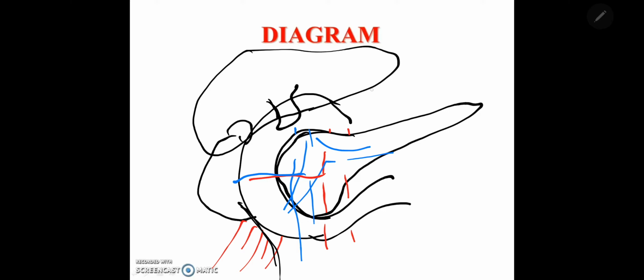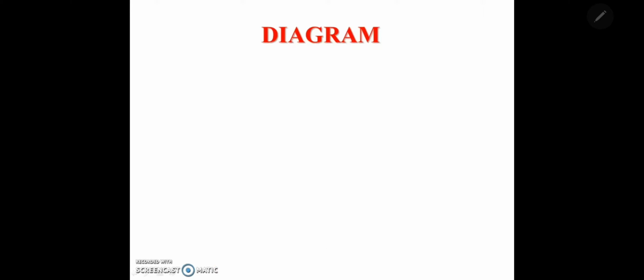and you'll also see the opening of the common bile duct opening into second part of the duodenum along with the pancreatic duct where they open, that is called as major duodenal papilla, and accessory pancreatic duct opens in the minor duodenal papilla. It's around 8 centimeter from the pylorus. Major is around 10 centimeter from the pylorus, and you will see plica semicircularis and plica longitudinalis within the interior of the second part of the duodenum. So here you are trying to see and understand the different relations.